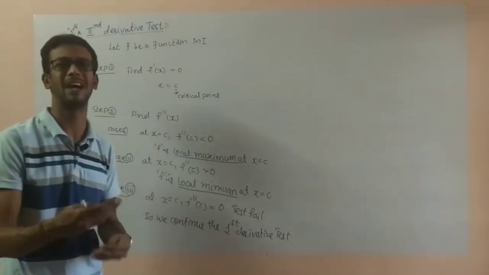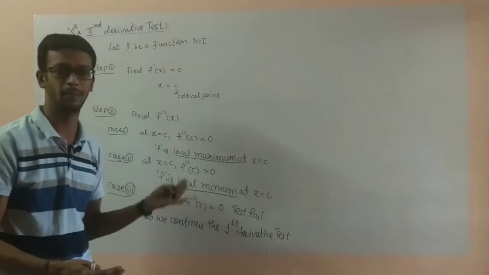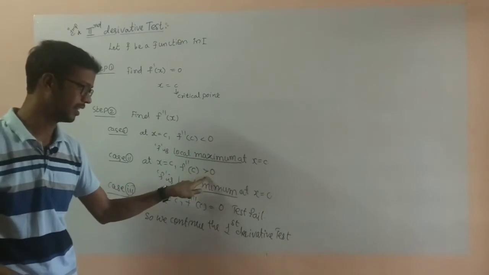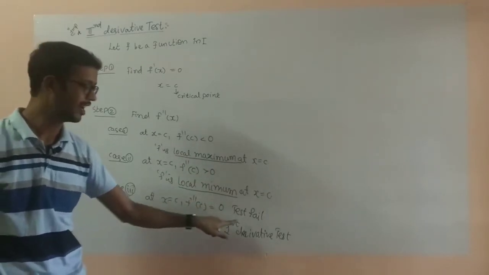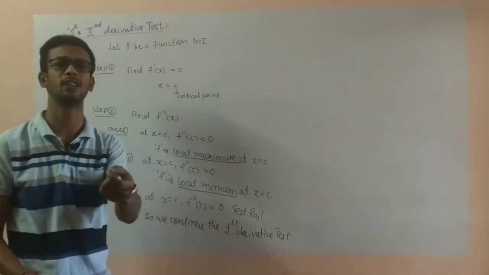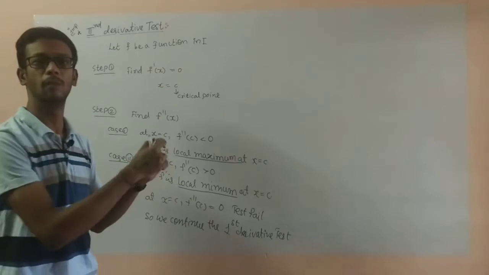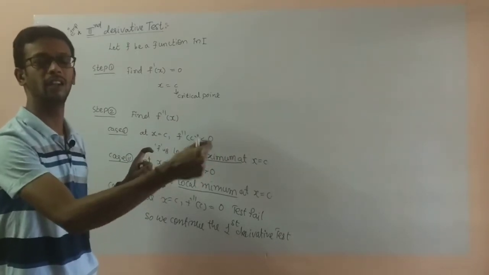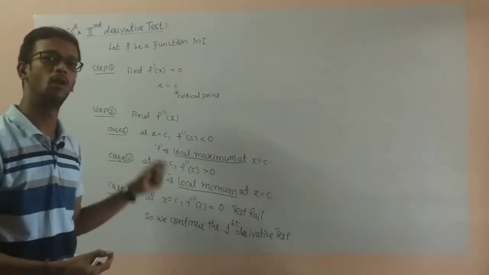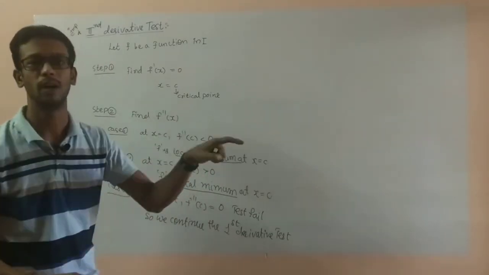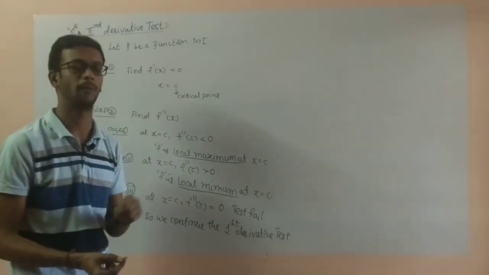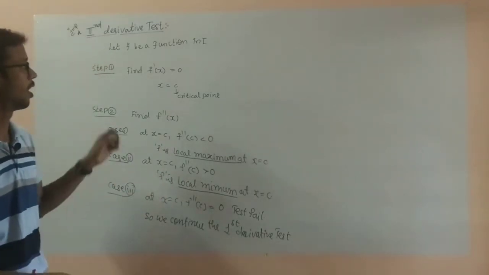Less than 0 getting maximum, greater than 0 getting minimum. Actually greater than normally means maximum will feel, but in the second derivative test it is reversed. Less than 0 getting local maximum, greater than 0 getting local minimum, equal to 0 getting test fail. When the test fails, we have to continue with the first derivative test. What is the first derivative test? Previously we discussed positive to negative going means that is a local minimum. Negative to positive going is a local maximum. Positive to positive or negative to negative is a point of inflection. Pause the video to note it down.